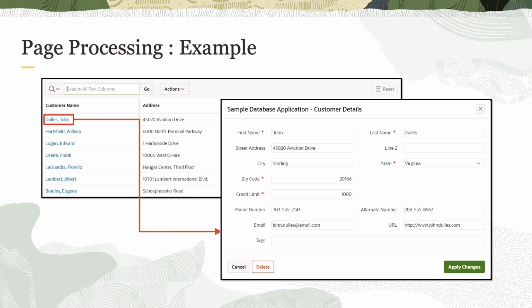In this slide, the example describes page processing. So in the customer details form dialog page, you see two extra buttons, Apply Changes and Delete. In this page, you can update the details of the customer, and once you are done updating the details, when you click on the Apply Changes button, the form page is submitted, and that is where the Apex engine performs page processing, or the accept page process,